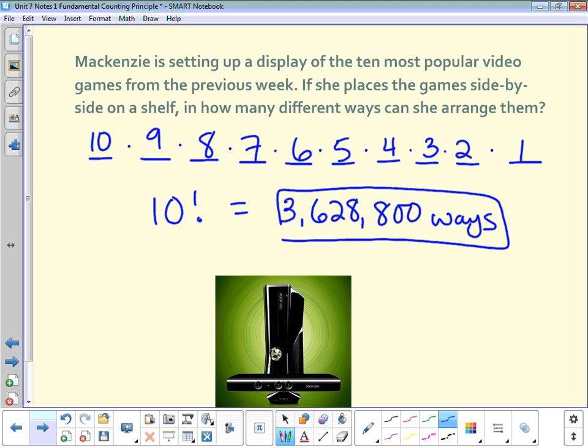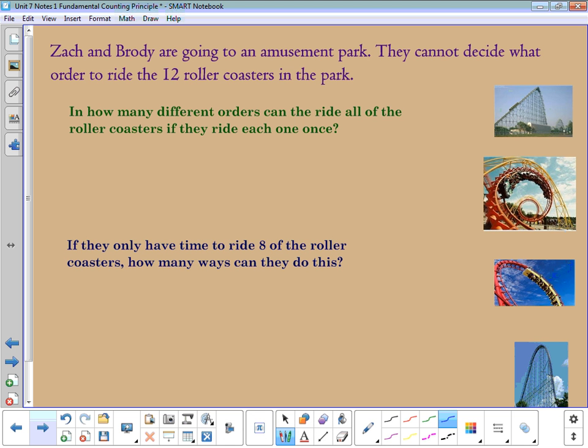Let's take a look at number 8. Now we're looking at Zach and Brody, and they're riding roller coasters at an amusement park. The first part asks if they ride each of 12 roller coasters one time, how many different orders can they ride those roller coasters? So just like our previous example, this is going to be 12 factorial, because there's 12